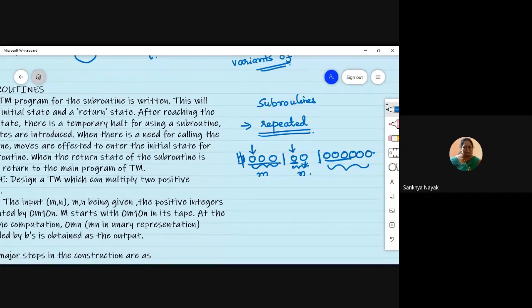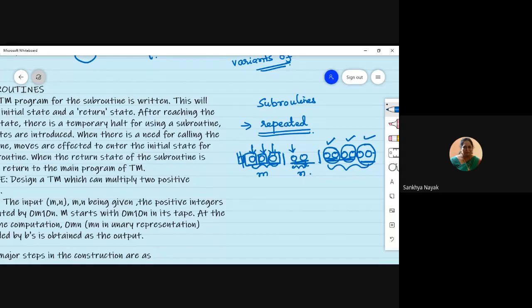For 1 0 here, you are going to write 2 zeros. For the next 0, you are going to write 2 more zeros. For the next 0, you are going to write 2 more zeros. So the logic that is used using the subroutine. Did you understand where repetition happens? For 1 0, you wrote 2. You came back. Again for the second 0, you wrote 2. Again for the third 0, you wrote 2.